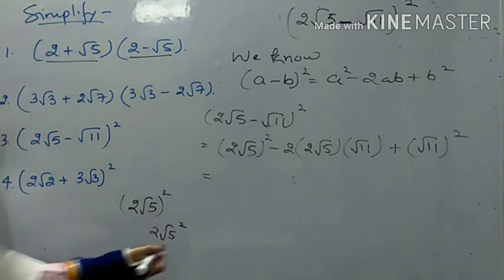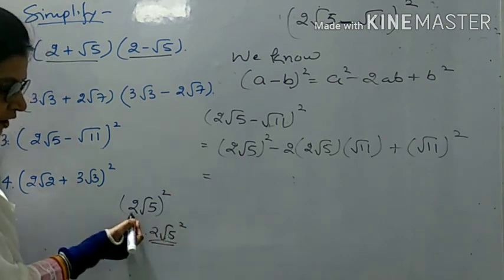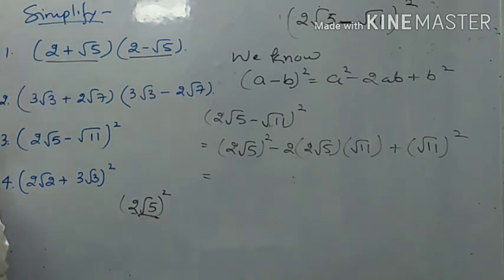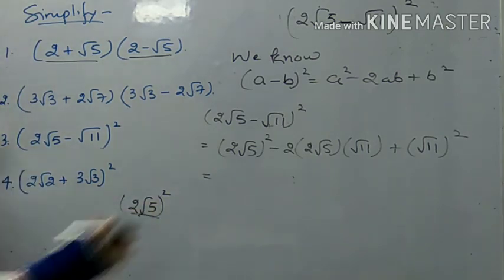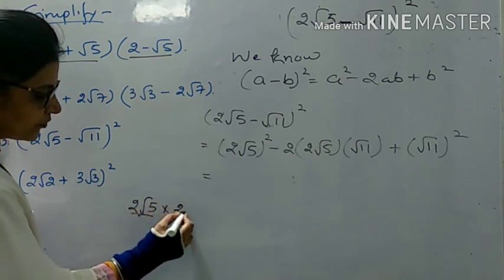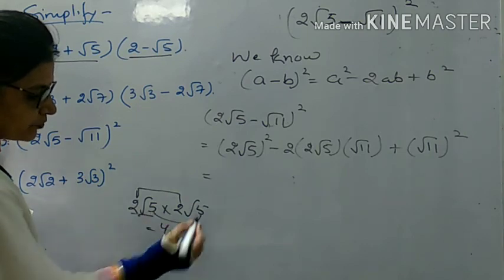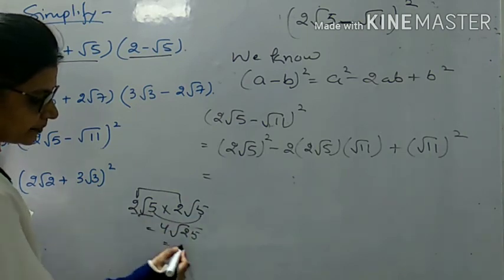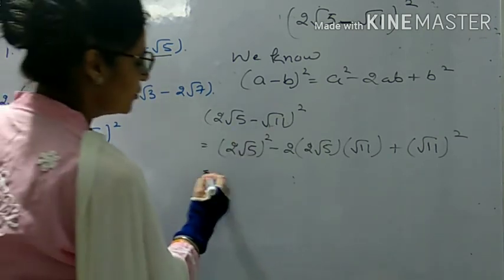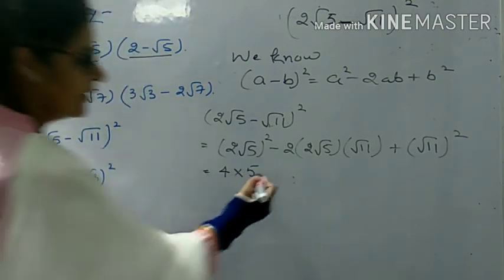अब bracket नहीं है तो इसका क्या मतलब निकला? 2 into root 5 into root 5. And what does this mean? 2 root 5 into root 5. And what we have to do? 2 root 5 into 2 root 5. तो जब आप 2 root 5 को multiply करोगे किससे? 2 root 5 से. So what will be the answer? 2 into 2 is 4, 5 into 5 is 25. So 4 into 5, how much we are getting? 20. तो कितना आएगा? 2 2 जा 4, root 5 का square 5, so 4 into 5 minus